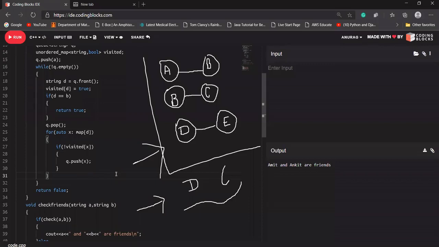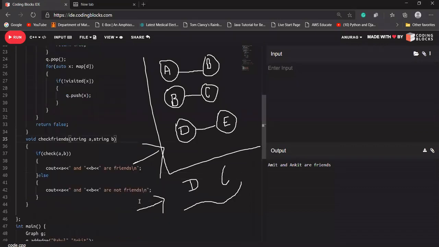Means what we have discussed this question. So what we are going to do, we are going to discuss the connected components now. I hope you have already heard about this question. So how we are going to do, the question will be the same like this, but let's say if this question